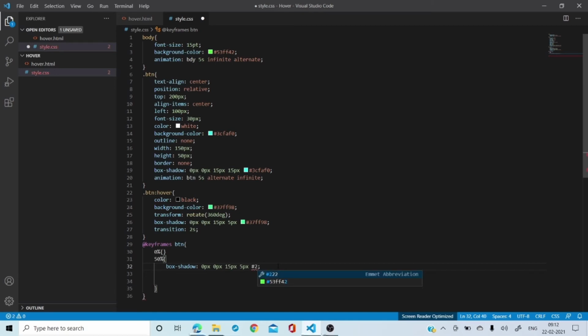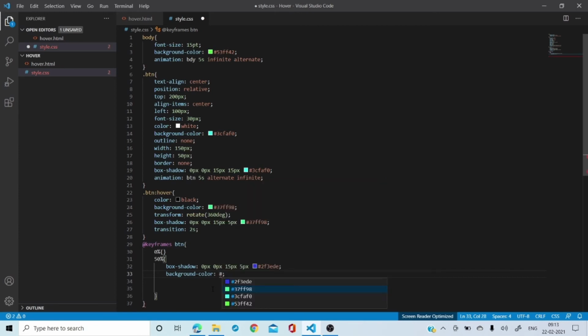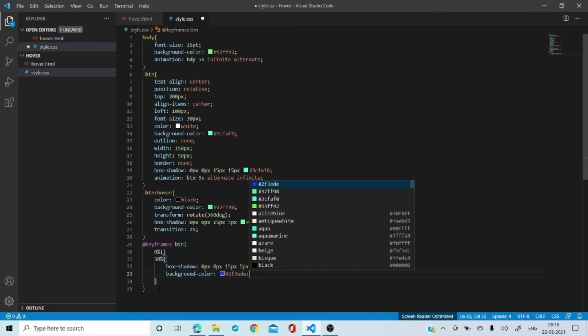Hashtag, you can say 2F3ED. So I have a list of all the colors, so that's why I'm using this way, or you can choose the color of your choice and go ahead. Okay, again, I'm going to use the background color, and the background color is like hashtag, you are going to say 2F3EDE. Okay, this is done. And I'm going to close this 50% right here.